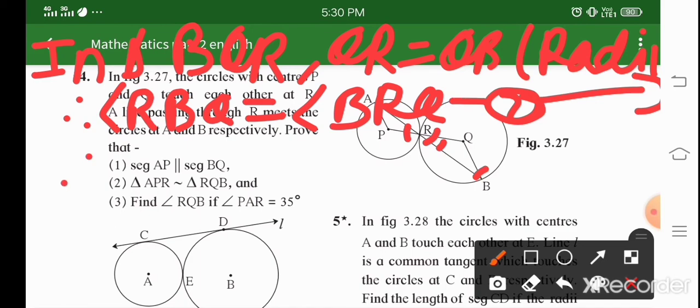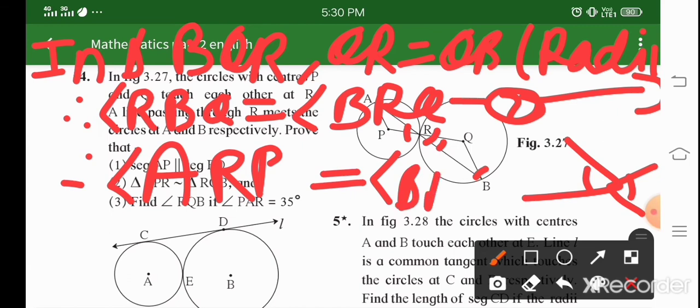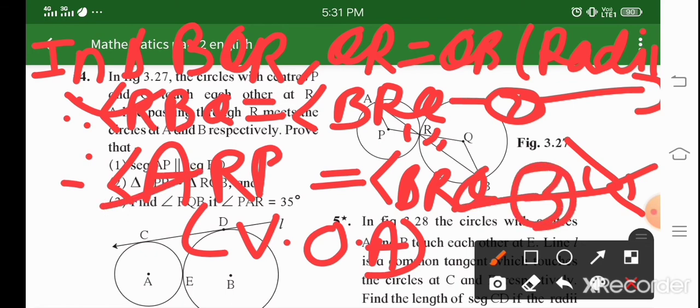So you can say that therefore angle ARP, this angle and this angle, right? So this and this will be equal. So ARP is equal to angle BRQ, and what reason do you have to write over there? Vertically opposite angle. Okay, now can you see from that one, which we did earlier in triangle APR, that is our condition number 1, this is our condition number 2, and this is our condition number 3.